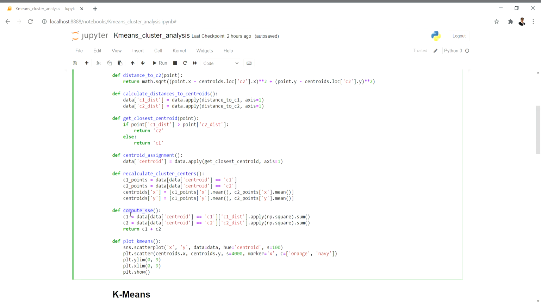Then after that you compute the SSE. There are two ways to stop the k-means algorithm. One way is when the cluster centers do not change, when no difference in the cluster center is observed. The other way is by using the residuals or the sum of squared errors.